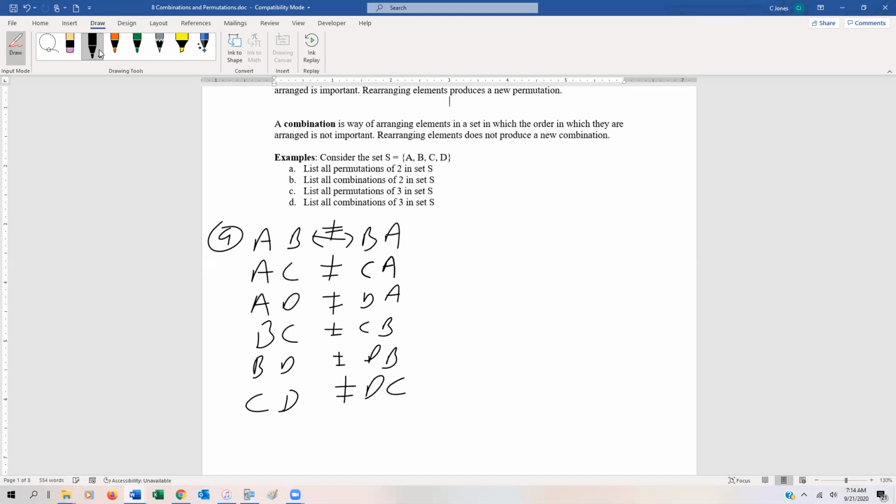So what we're saying is that there are 12 total permutations. So hopefully that makes sense as to how to try to pick through the order of those. Now for part B,